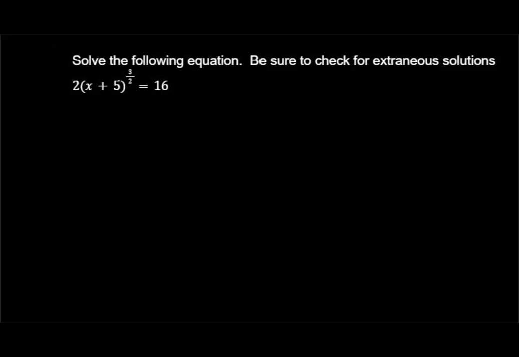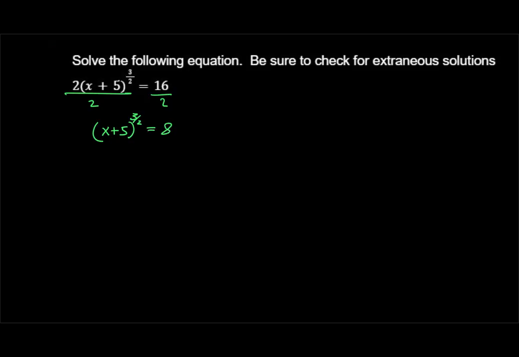So in this one, we're going to take the same approach. However, this equation is an equation with a rational exponent. But just like with the radicals, we're going to take the same approach since a rational exponent is just a combination of an exponent and a radical or a root. So we're going to get rid of anything outside of the radical first, or outside the parentheses. We need to start by getting rid of addition, subtraction outside, which there is none. Then we'll get rid of multiplication on the outside. So we'll divide both sides by 2 here, giving us x plus 5 to the power of 3/2